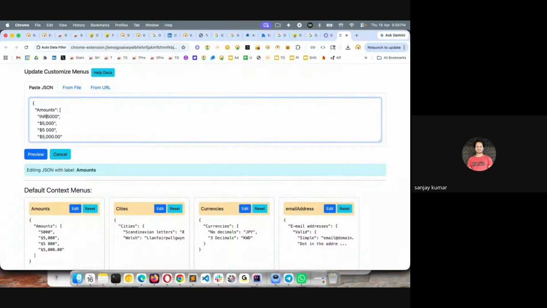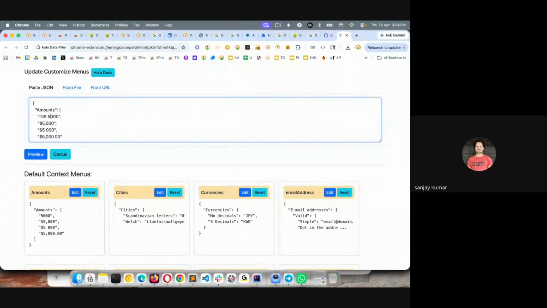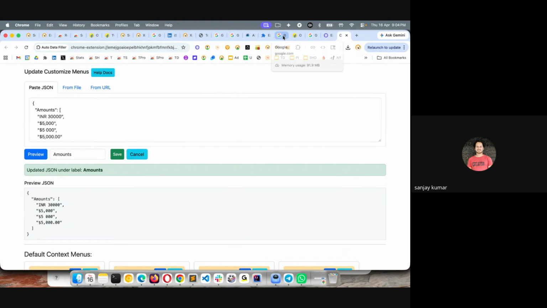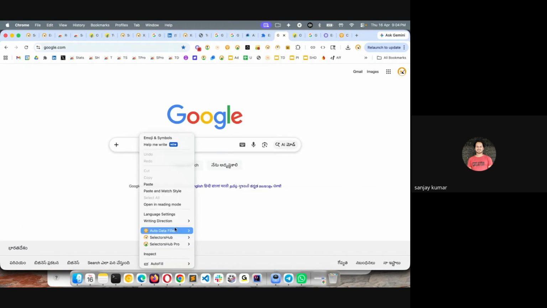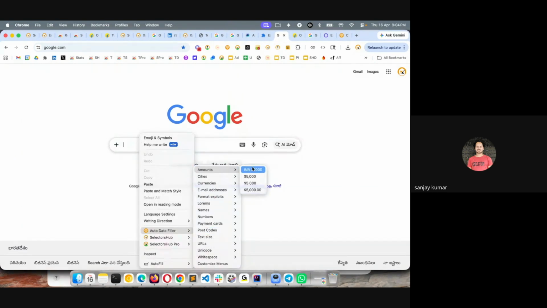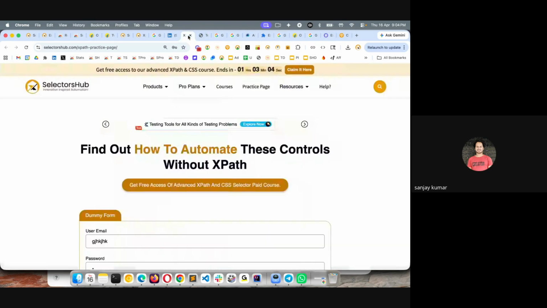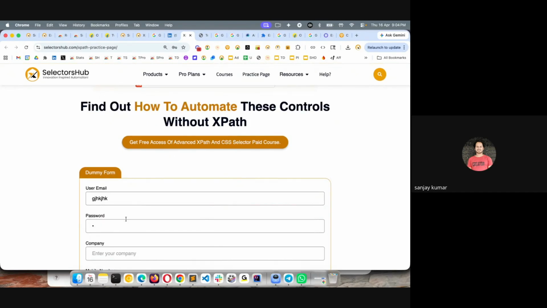I want to make it INR, let's say I have 30,000. Review, save, and now if I go back and right click anywhere here, auto data filler, amounts, you see that now it shows 30,000. So this way you can upload your JSON data here, and that will start coming in the context menu, and you can just click on that particular value and it will fill that value here. Same way, you can have the data very handy for you